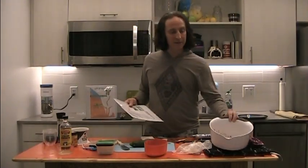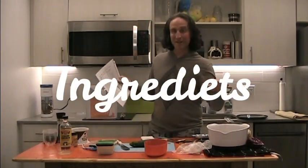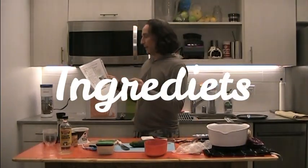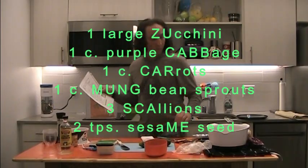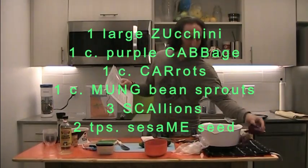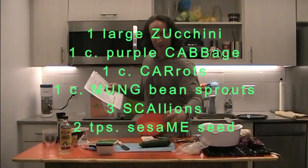You get a little nuttiness. What goes into the salad part and what goes into the peanut sauce part. So there's two parts to this. We'll go over the first ingredients to make the salad part. In the Thai salad goes 1 large zucchini, 1 cup of purple cabbage, a cup of carrots shredded up,